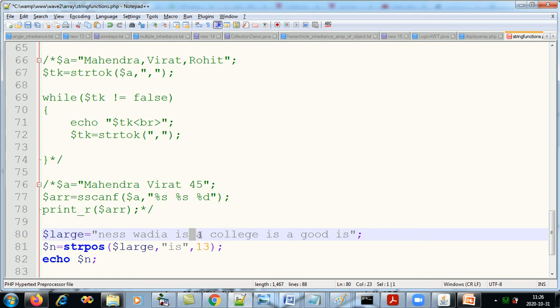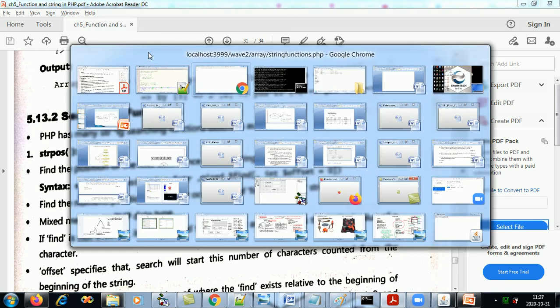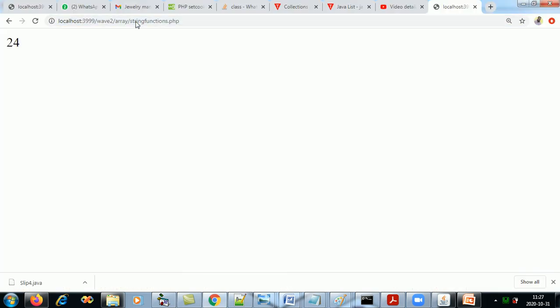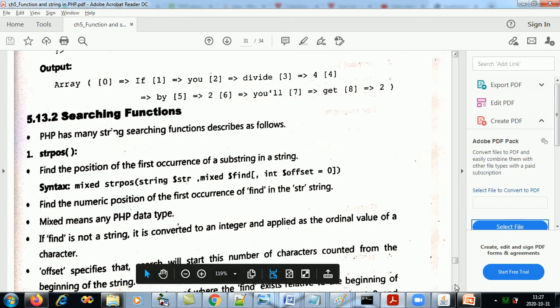Space is 13, "a" is 14, 15, 16, 17, 18, 19, 20, 21, 22, 23, at 24 position. So if I start searching from the 13th position, at 24 I am getting the first "is". So save and yeah, 24. Clear? So this is your string position function.